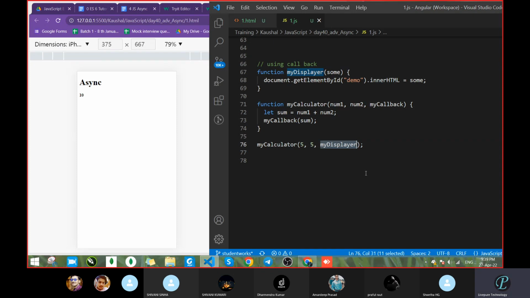What is this one? Any idea? Argument, sir. Okay, others? Anyone? That's okay, that's an argument, but something different we had seen there. Sir, it's returning a value with my callback. It's returning a value, okay. What was the definition of callback?